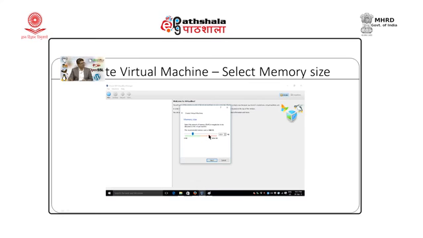The other configuration is about memory. The total system memory is shown over here. Out of this total memory, we choose how much memory we want to assign to this virtual system. You can drag this, and select maybe 40% for your virtual system and 60% for your Windows. Now, if there is less memory in your hardware, probably it will be difficult to assign 1 GB or more to the virtual system. So, this is another step where we select the memory size.